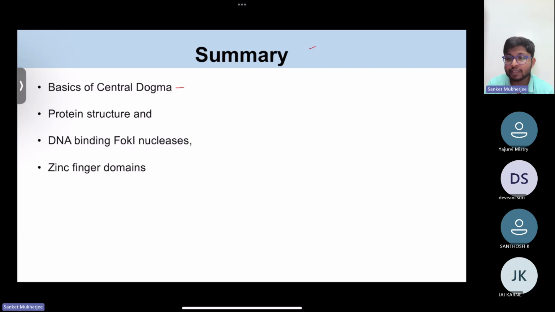And then we'll talk about zinc finger domains. These are specific proteins which can bind to DNA. We'll see how we can add these two up and create an artificial